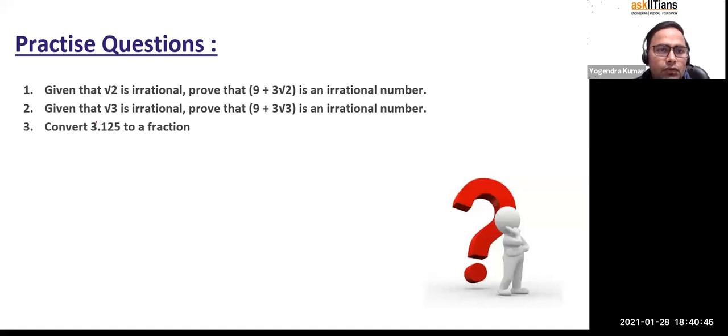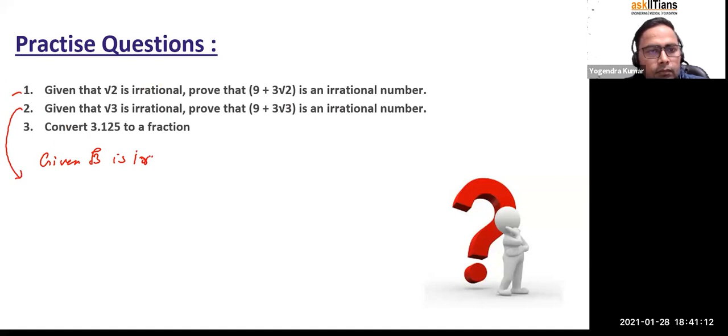Again, if I need to prove all these questions, it's pretty easy. So I can take the first question, and the second one I can leave for you to practice. First question: we have done based on root 2 already, so let's take root 3. So we will write: given, root 3 is irrational. So we'll write, let's assume